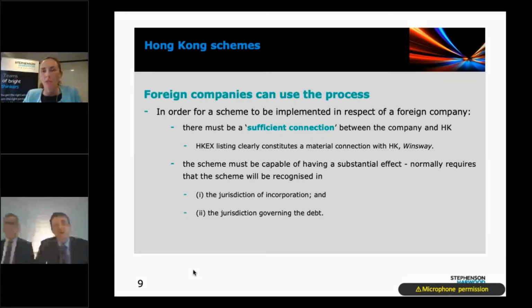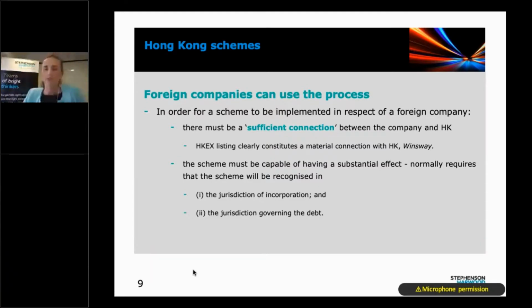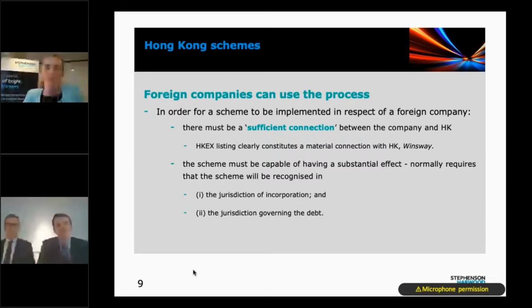Absolutely, I'm just going to pile on the schemes and say that the Cayman schemes have an awful lot in common with the situation you've just been describing. It's slightly different, but virtually the same. To back up what you were saying, we find the provisional liquidation wrapper gives a protection, the moratorium during the scheme, to be really useful. It has a little bit of an off-putting name because it has liquidation. Apart from that, we find it's an excellent way of promoting the scheme and making sure there's the breathing space to put it through. So thank you.